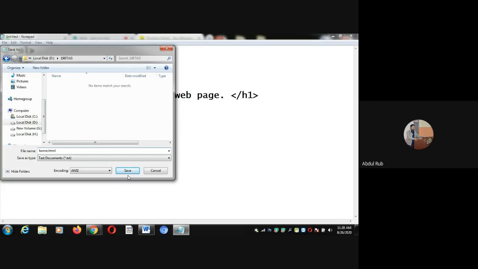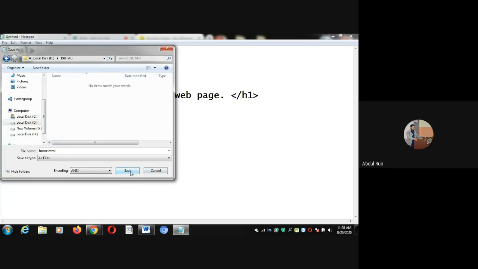By Notepad it will be opened, but I told you it is an HTML page and I have to compile it by the browser. My HTML file will be compiled by the browser. That's why we select All Files. All files means we can open HTML by Adobe Reader, by Notepad, by Word, by the browser. But we have to compile this file by the browser. That's why we have selected all files.